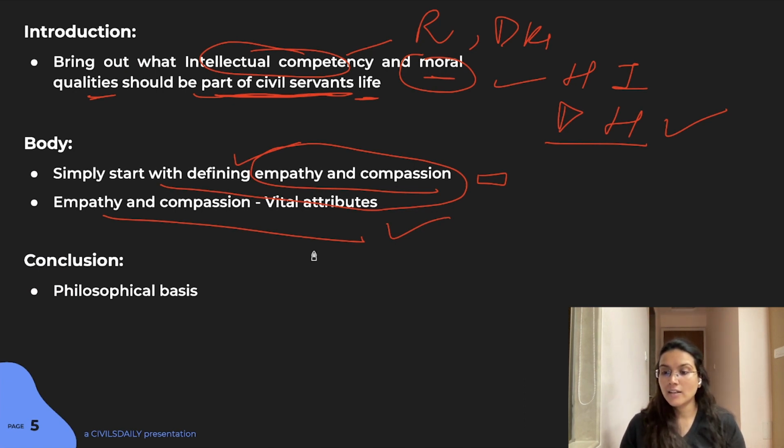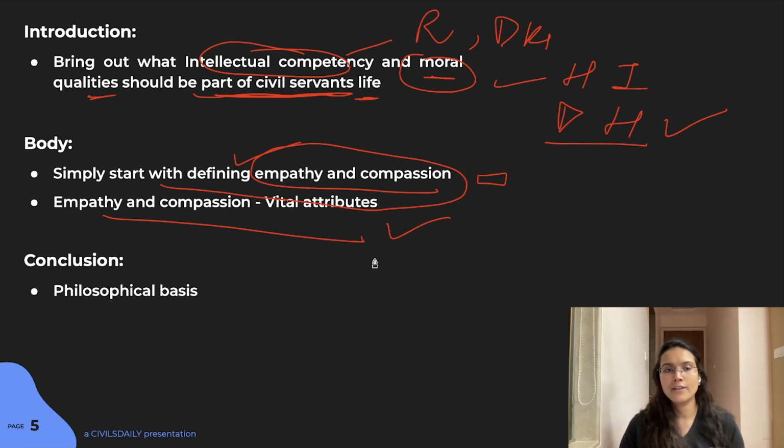So here again, you can talk about how empathy and compassion helps you to connect with the people. It helps you to build trust among the people. It helps you to go beyond the duty, like when you talk about Armstrong Palme. So you can connect with the idea of compassion, that is like going beyond the duty. Then there was this case of Kerala floods when a civil servant was seen taking ration on his back. These kinds of examples are something that you can bring here in compassion. And again, like I talked about, you can bring in the idea of taking sensitive decisions, with respect to, say, communal matters, or with respect to certain regions.